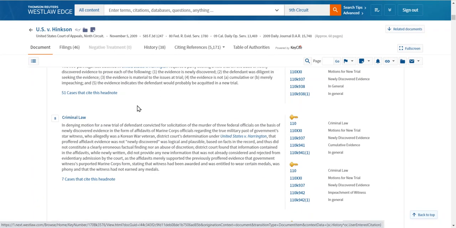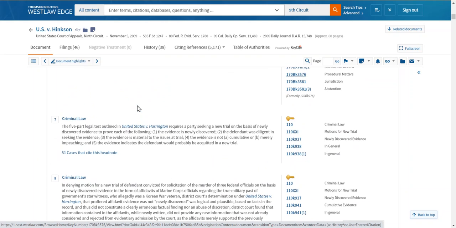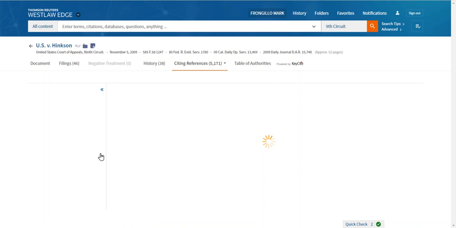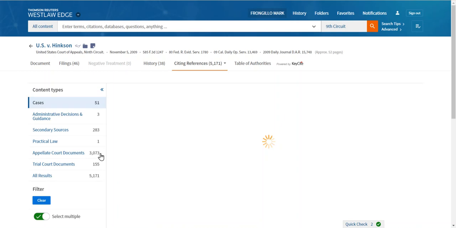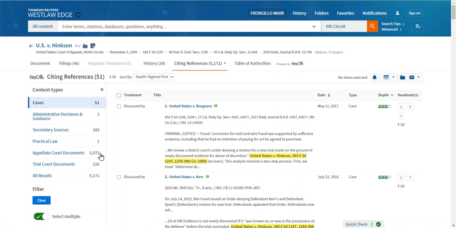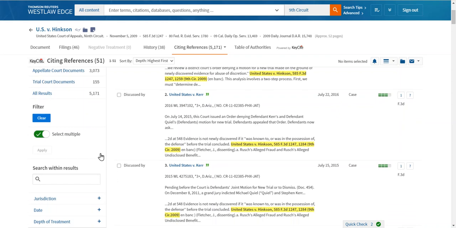So, Hinkson being a really important case for us, I want to get every case that's cited to Hinkson for this specific point of law. When I click, Westlaw automatically applies the filter. I get the 51 cases I'm interested in, and now I can maybe cull this list a little bit more